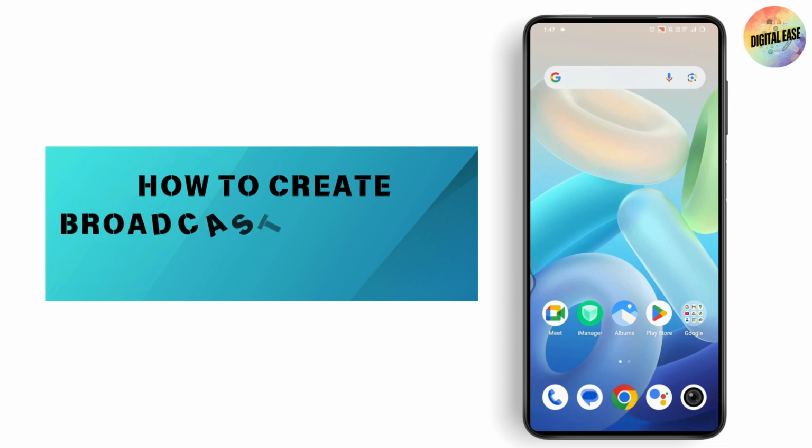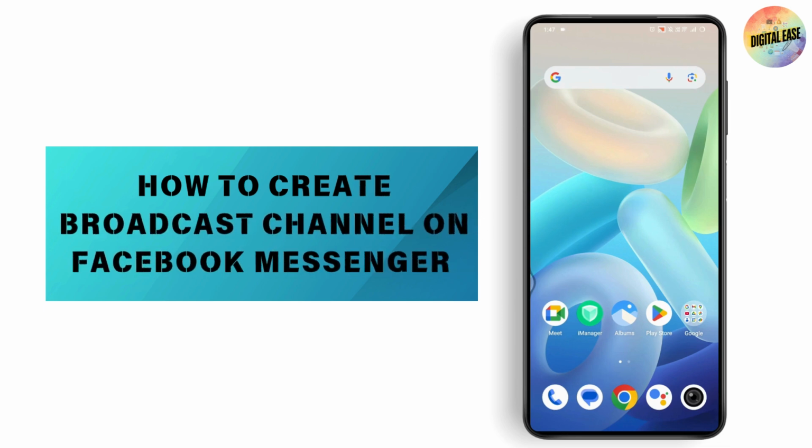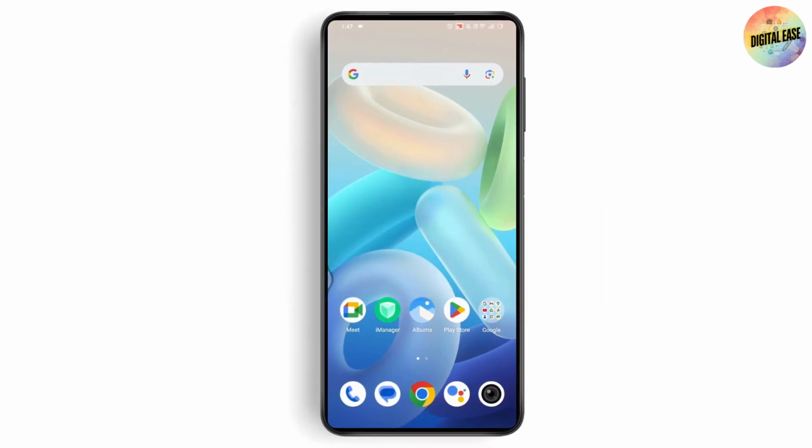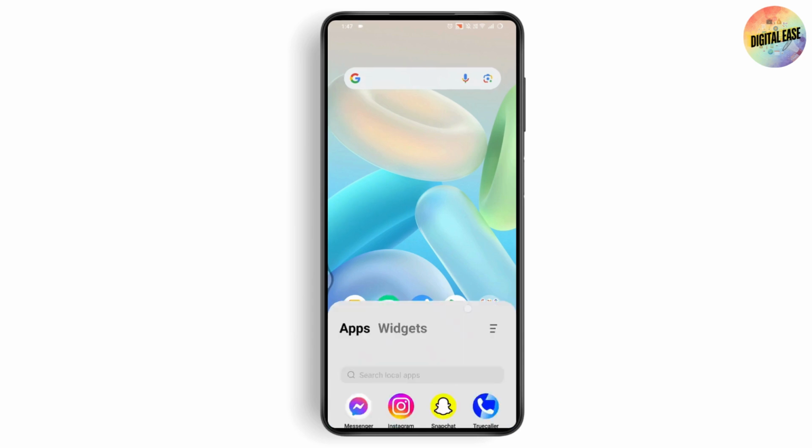How to create broadcast channel on Facebook Messenger. So if you want to create a broadcast channel on your Facebook Messenger, then what you need to do is